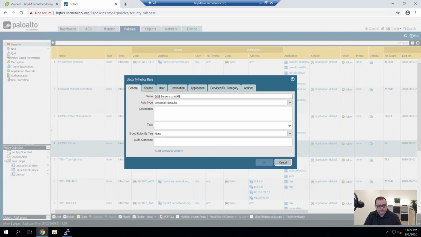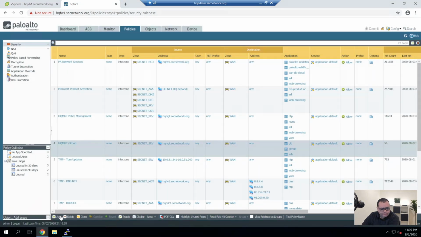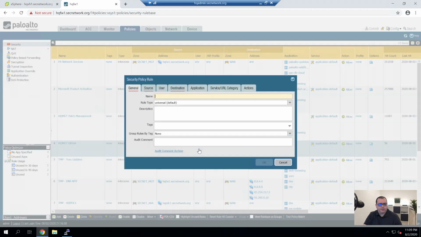I'm thinking I'm just going to call this DNS servers for now. So I'm going to create the rule under here, and I think I'm going to call this DNS servers. Now I might rename that later, but this is going to be an interzone rule.